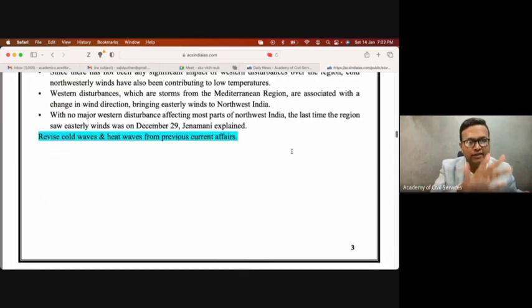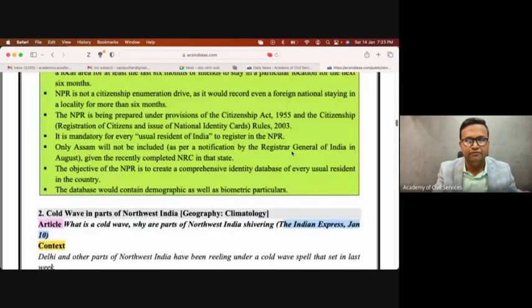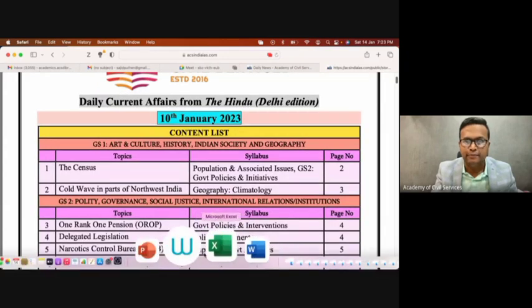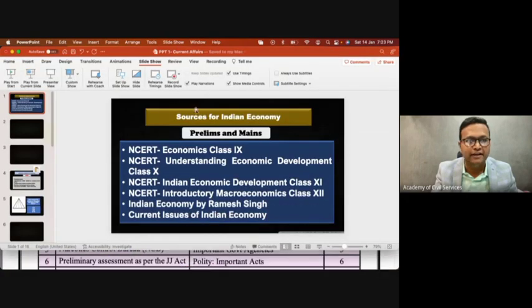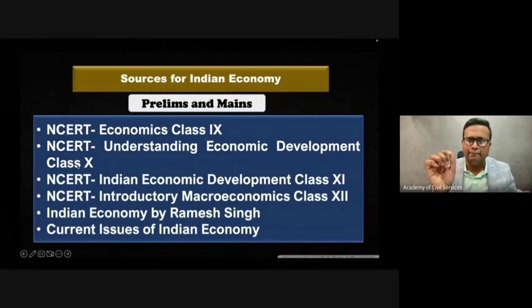The news will cover only the cold wave that happened in a few states in the northwestern part of India. That news will never, or hardly, tell you what a cold wave means geographically. That is the question for our examination. Now, I'm not going through all the news. If you study the news this way, I'm sure you can finish each day's news within half an hour to 1 hour, maximum 1 hour and 30 minutes.